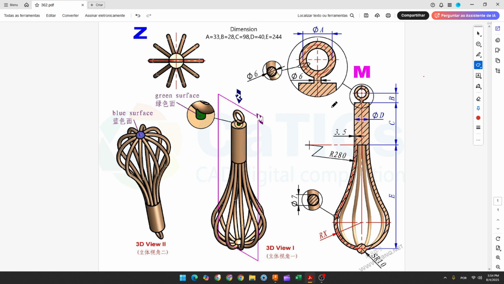The first step here will be the midpoint at this face here. And the first thing that we'll make is this ring. We have a circle with 33 millimeters of diameter, and the pipe here has 6 millimeters of diameter, okay? And the distance between the center of the circle and this space here, that is our midpoint, is 28 millimeters,